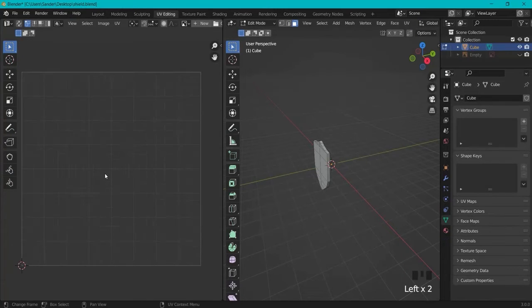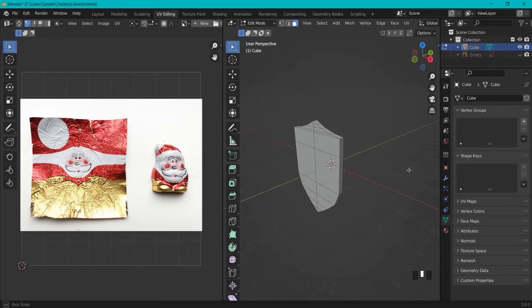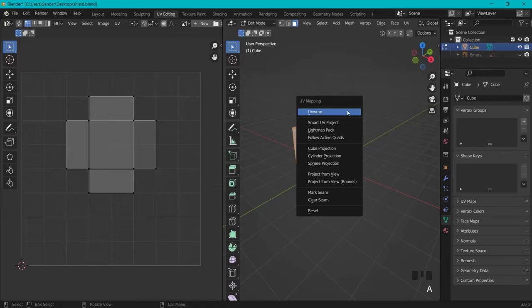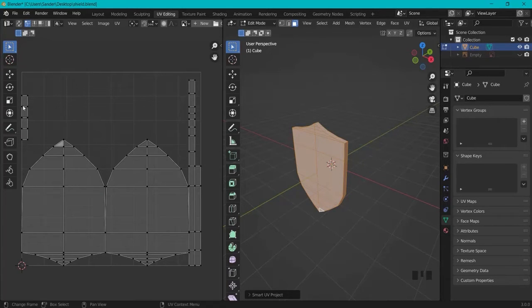In this mode, we are going to create a 2D flat image that wraps around our 3D mesh right here, like a wrapping for a gift, for example. Now hit A in the screen to select all, then U, and then Smart UV Project, and hit OK. Now we get our flat 2D view of this 3D mesh. Then you go to Texture Paint,